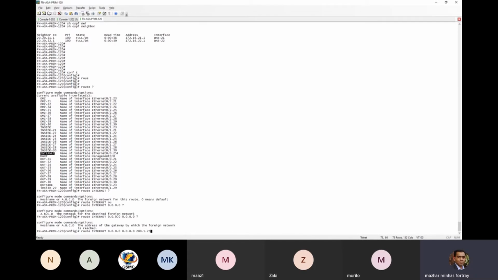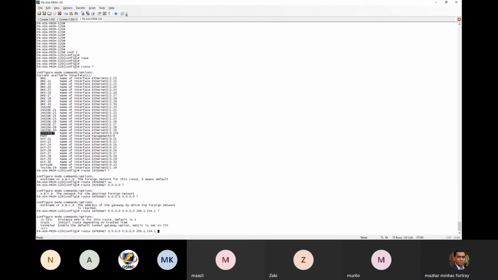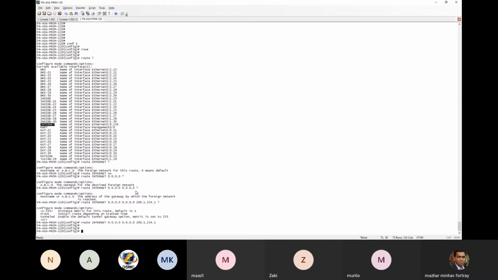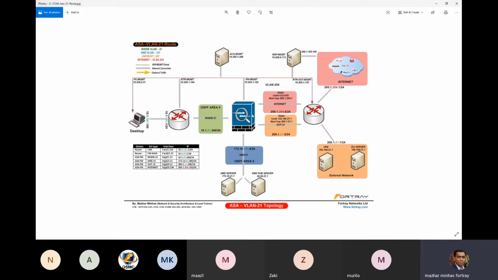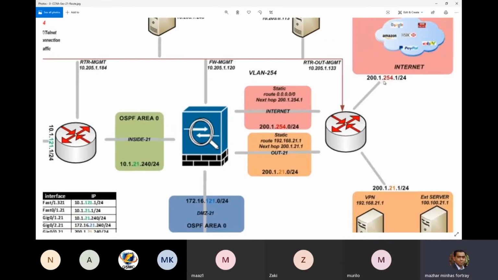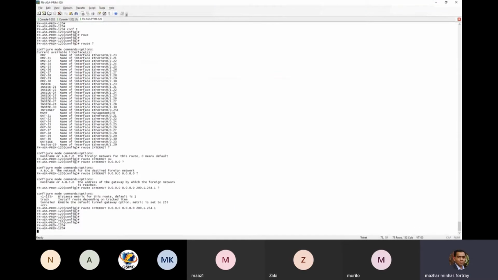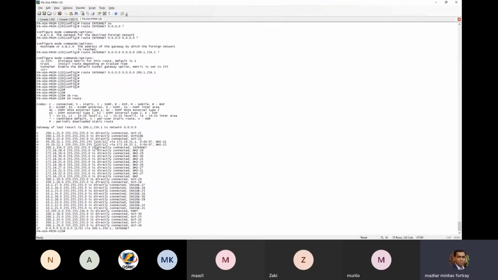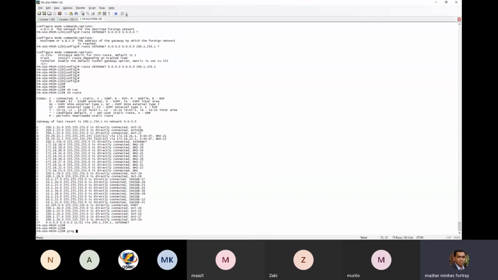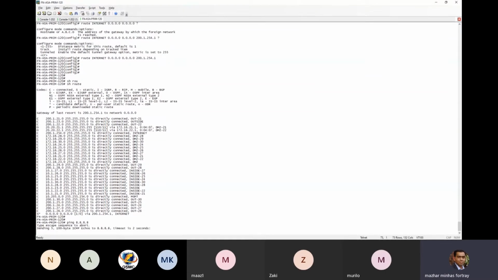Hostname 201.254.1. Enter. So right now I have configured a static route from the Cisco firewall point of view. On this Cisco firewall, I have configured a static route 0.0.0.0 pointing to 201.254, and my interface name is internet. Okay, show route. Now you can see if the firewall does not know anything, it will be forwarding to this guy. If I go to 8.8.8.8,